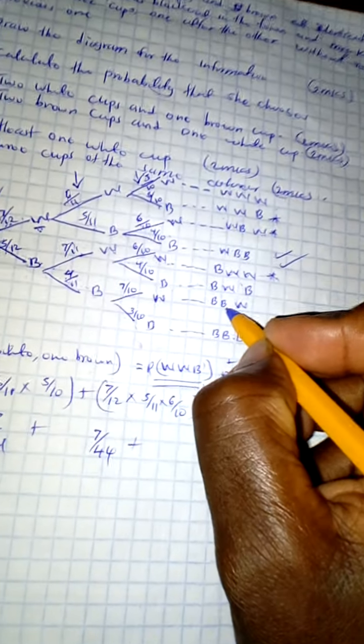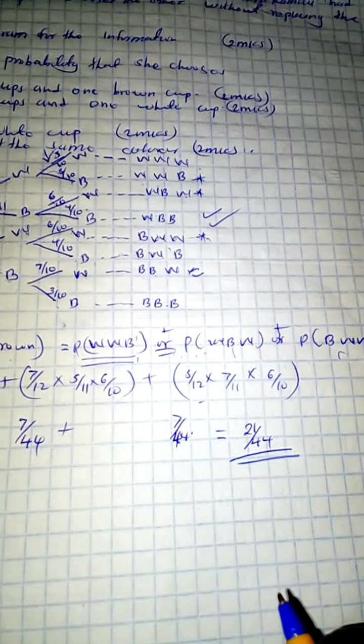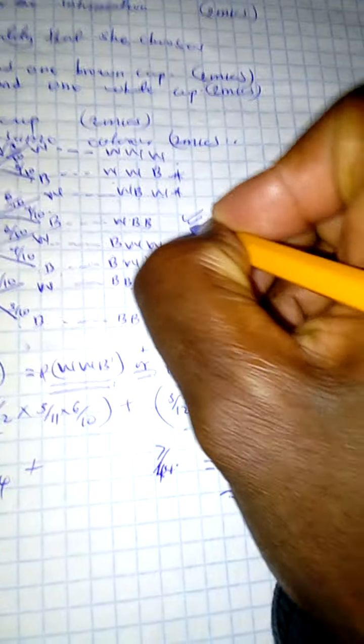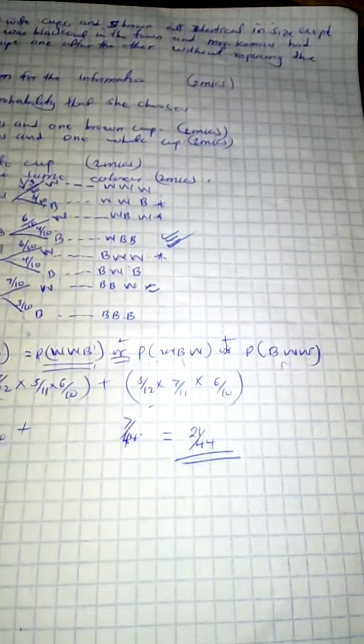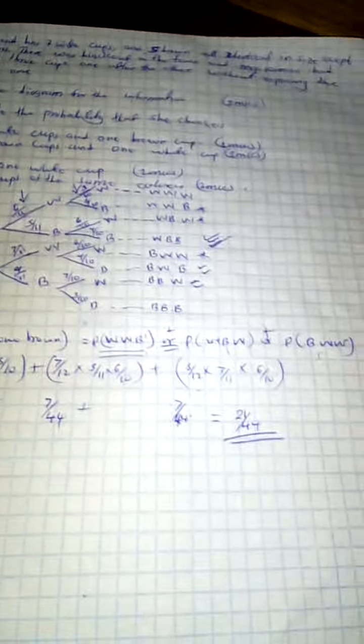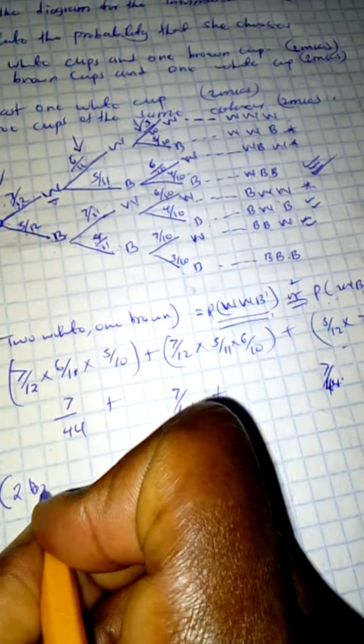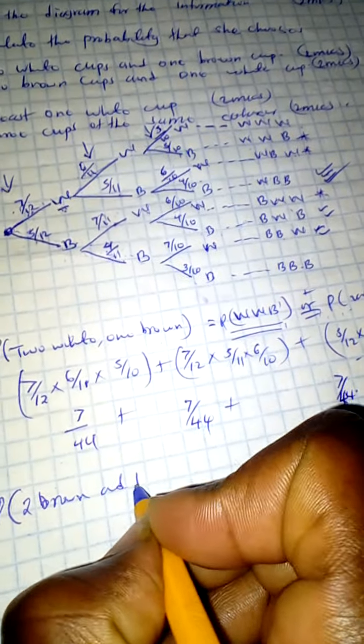Now if you look here, there is BBW, that is another branch we want. Then we have WBB, and BWB. Those are the only branches containing 2 brown and 1 white. Now you just follow. You say that the probability of 2 brown and 1 white